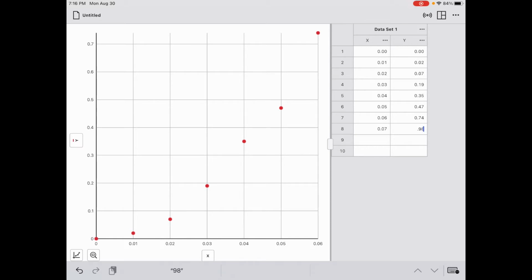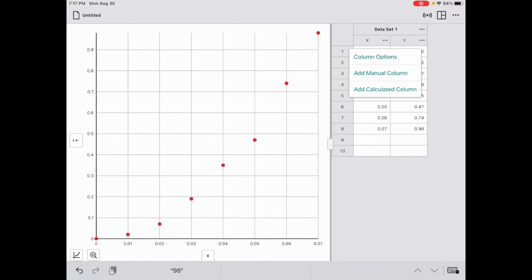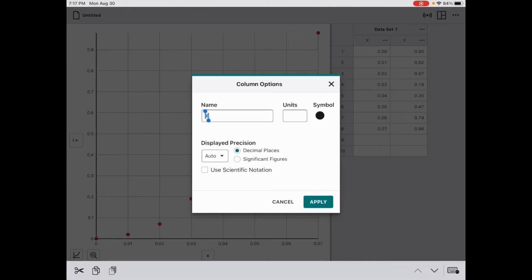Now I need to focus on formatting the graph. A properly formatted graph is going to have titles on each of the axes and an overall title. So to be able to get the title on the axis right next to the X in the data table, I've got 3 dots. I'm going to click on those and I'm going to hit column options. Tapping on where the X is, I'm going to type in what the title of that data is, and on the X-axis I have data that is dealing with distance stretched. I'm going to put in my units